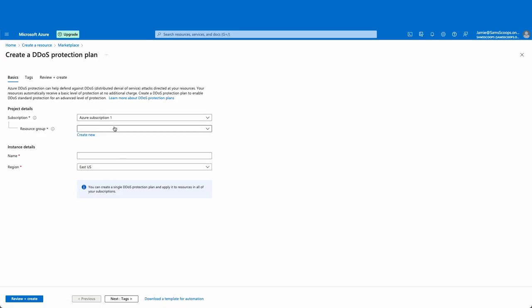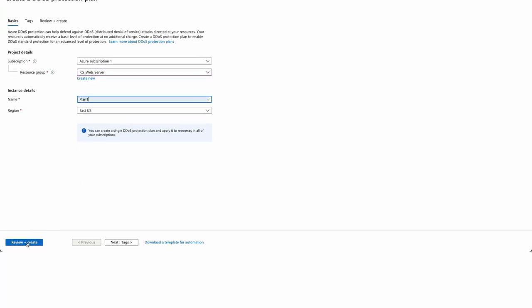Now enter or select the following values. For the subscription, select your subscription. For the resource group, select RG Web Server. For the name, enter Plan 1. And for the region, enter East US. After entering the values, select Review and Create to review the details, and then click on Create to create your